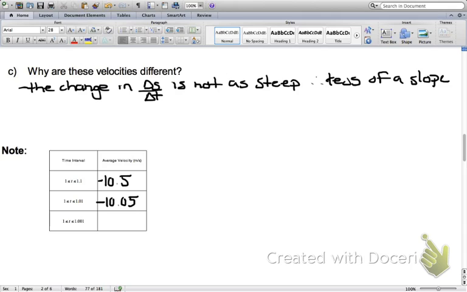And again, when t is between 1 and 1.001, the average velocity is negative 10.005. So therefore, as the interval